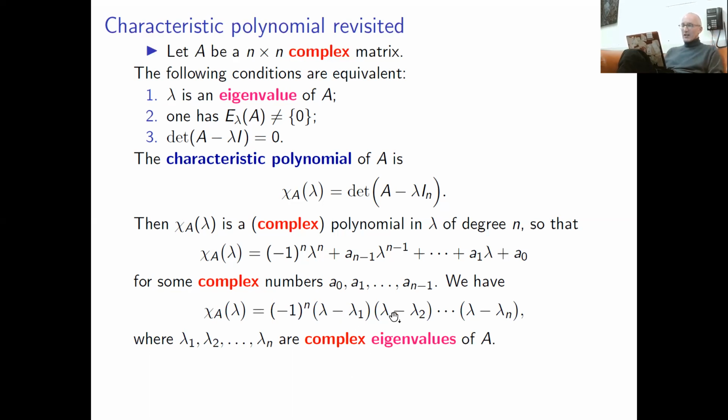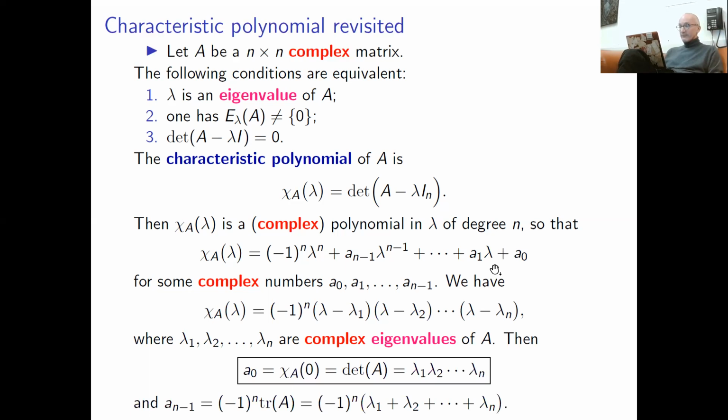Of course, we can say that these are roots of this polynomial, but we already know from this condition that this is the same thing as being an eigenvalue. Yeah. So the constant term of your characteristic polynomial is just the determinant of your matrix A. And if you substitute lambda equal to 0 here, you see this is just the product of roots of your polynomial. It's a product of eigenvalues. So the product of eigenvalues of a complex matrix is the determinant.